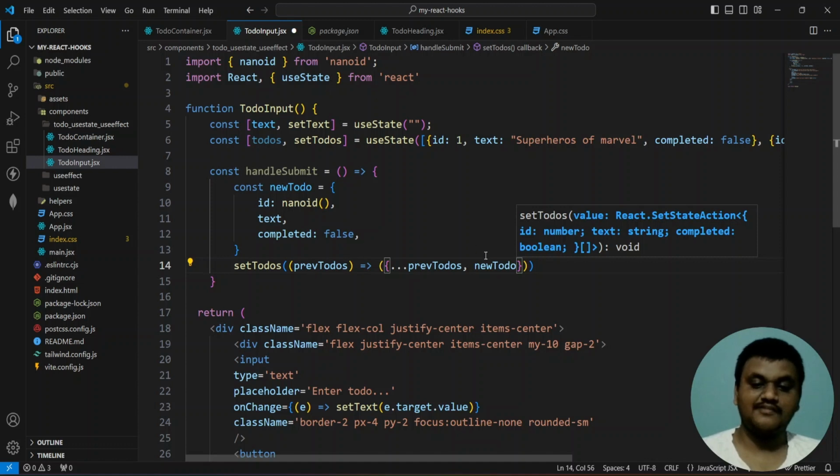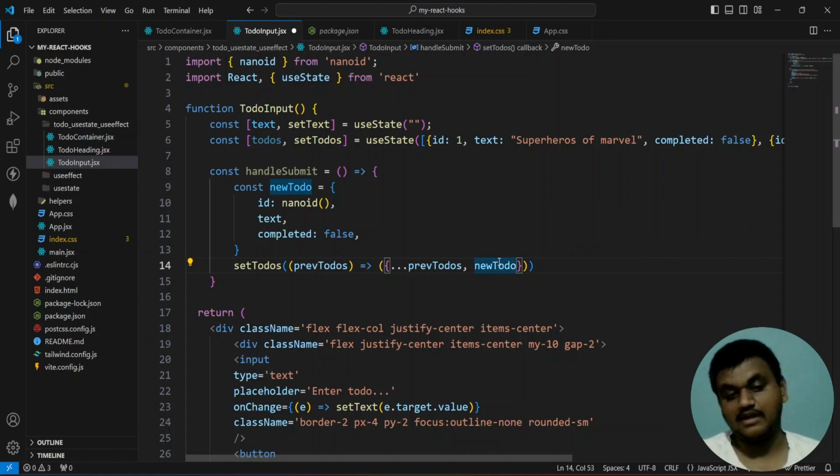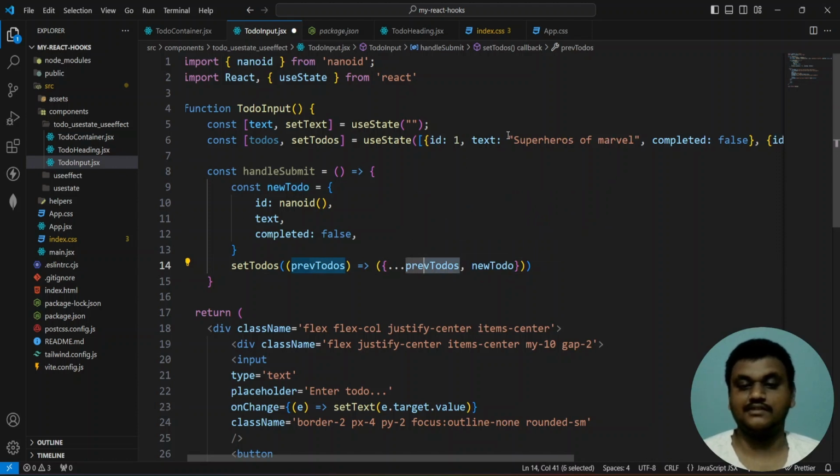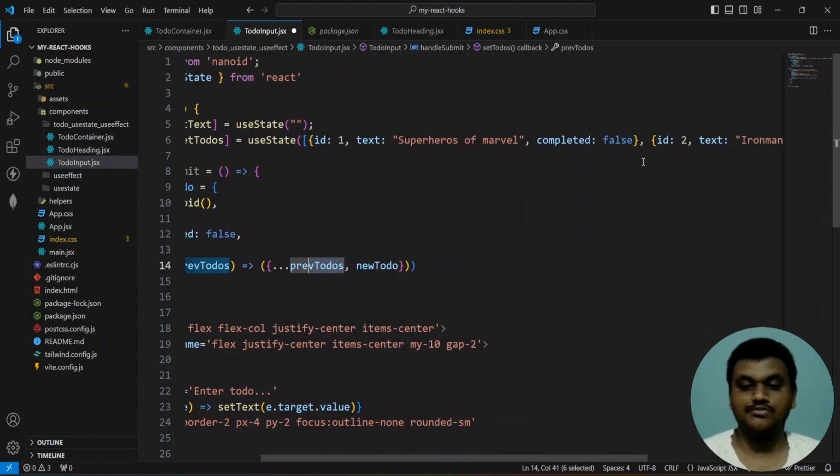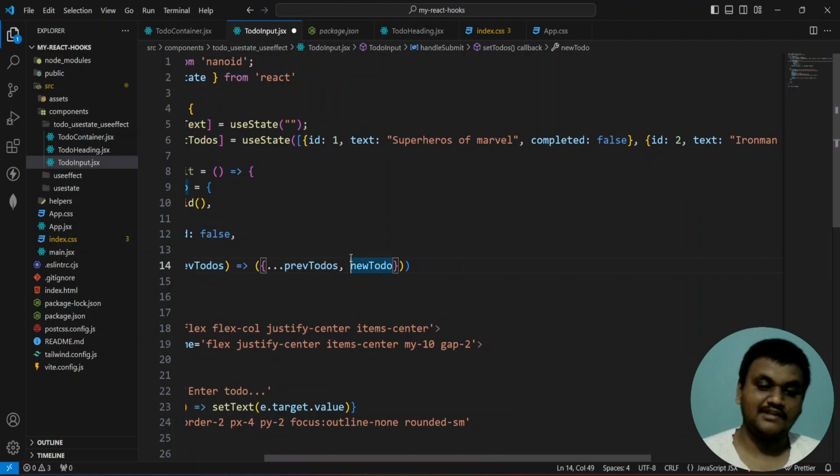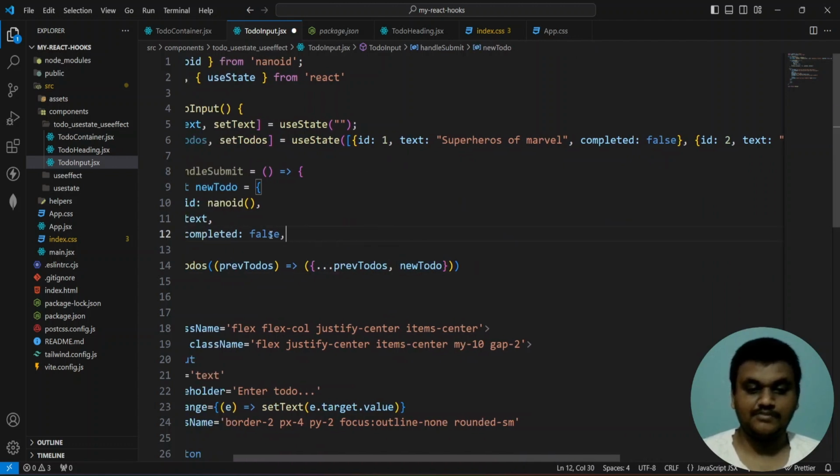If you want to place this new to-do in the last position, we mention the new to-do at the end. First we mention the previous to-dos. Previous to-dos means this one, these id1 and id2 to-dos. If you want to place this new to-do in the first position,